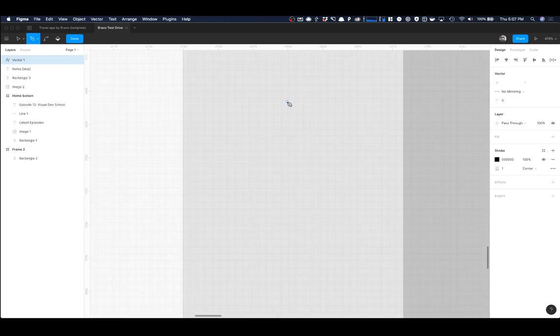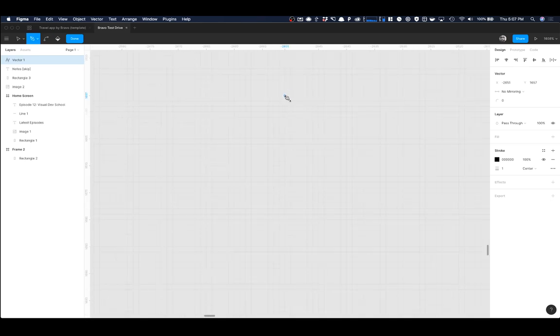So let's just make a couple of different icons here. It says 1, 2, 3, 4, 5. Okay, so now we have a download icon,